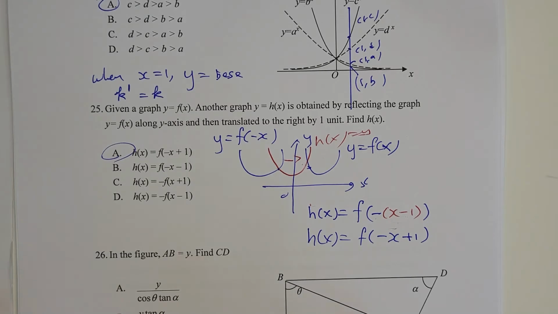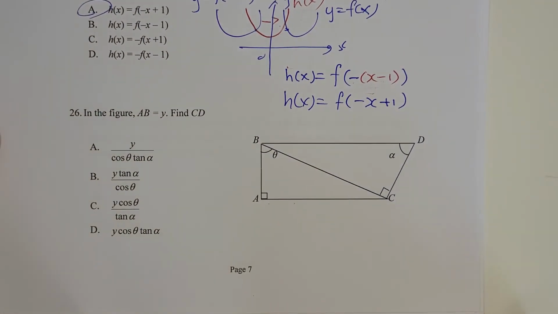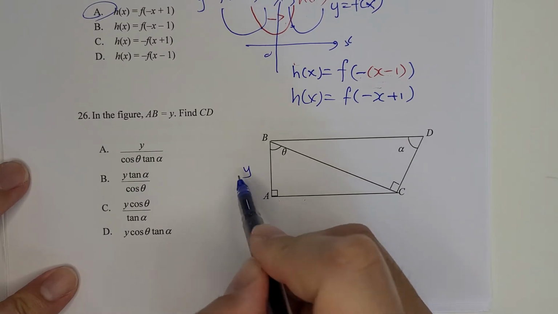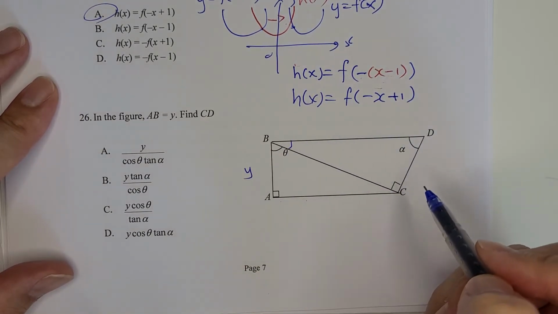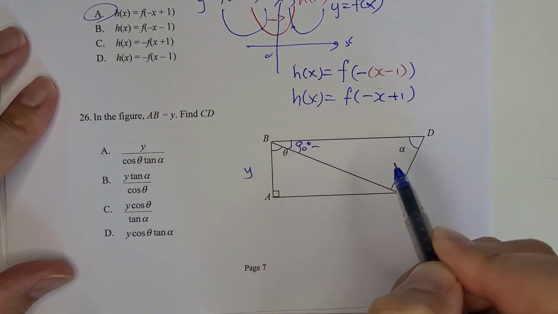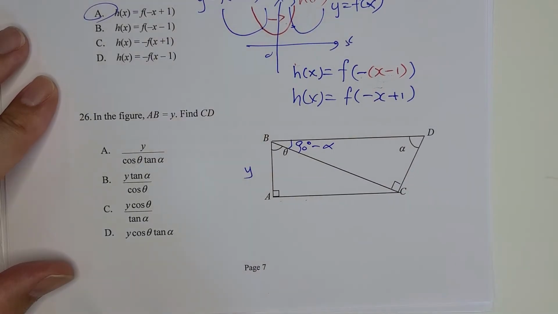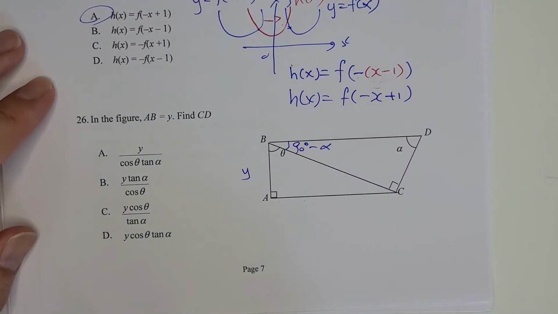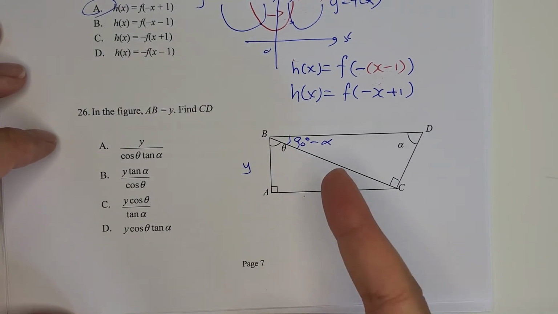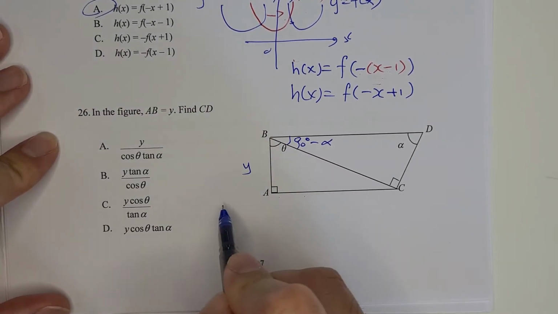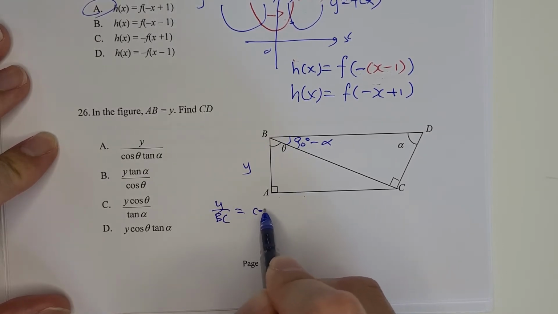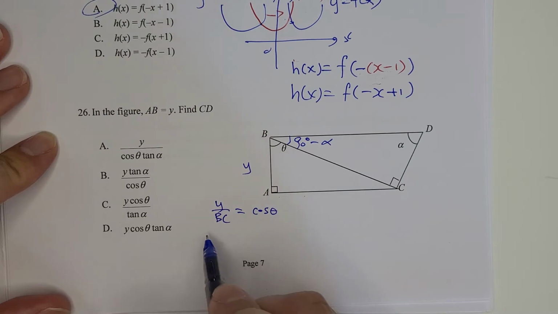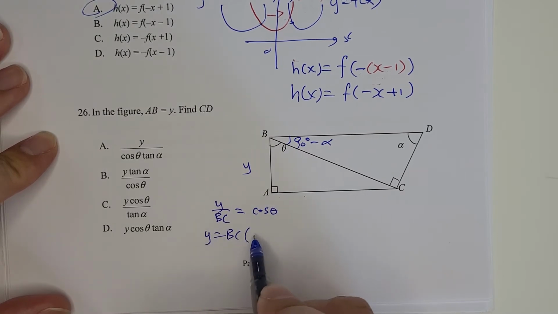For question number 26, AB, that is y, find CD. Okay, so we can try to find some angles. For example, this one would be 90 degree minus alpha. Okay, what we need to do, we usually find a common line. So first we find BC. y over BC, that is cosine theta. So y equals BC times cosine theta,